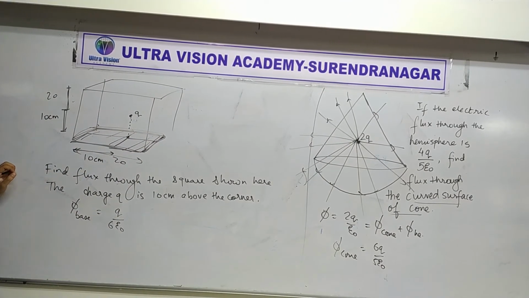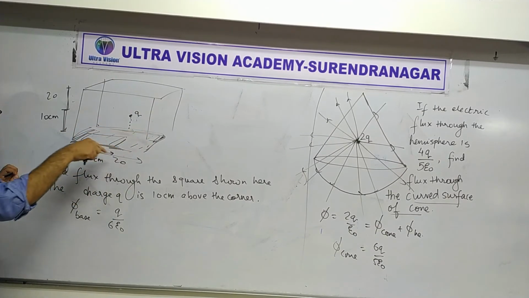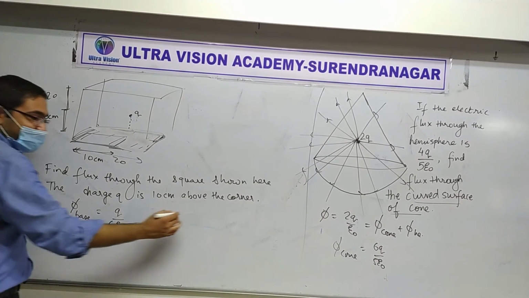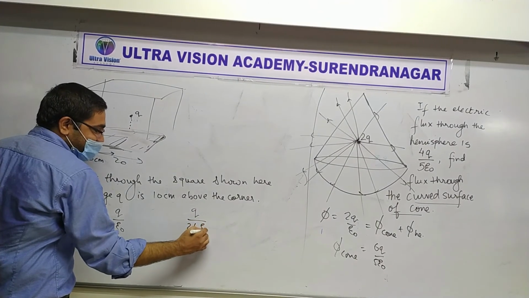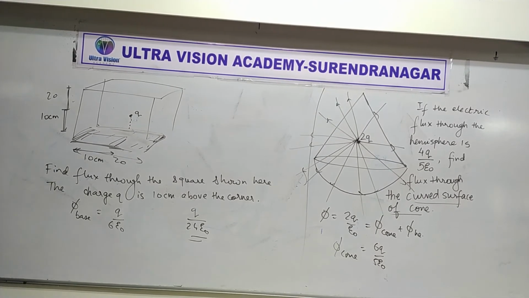Textbook question, yes or no? Yes. If the numbers change in a textbook question, nothing else changes. Got it? Yes. But we don't have to find it for this whole thing. Originally only this was given in the question, so the final answer is Q by 24. Did you get it? Yes. Clear? Ask if you have any questions. Obviously we will not solve this next question, we don't have that much time.